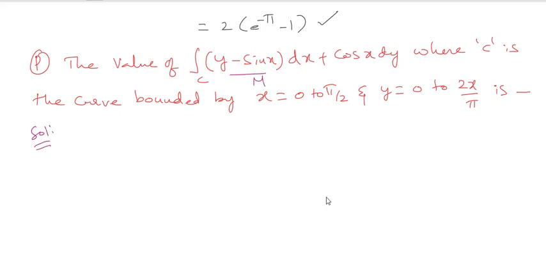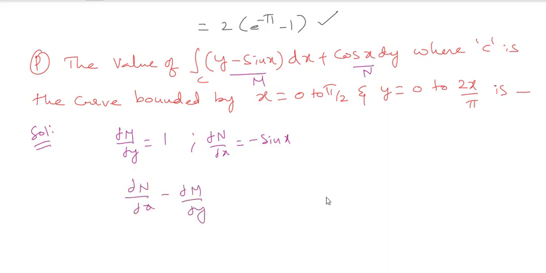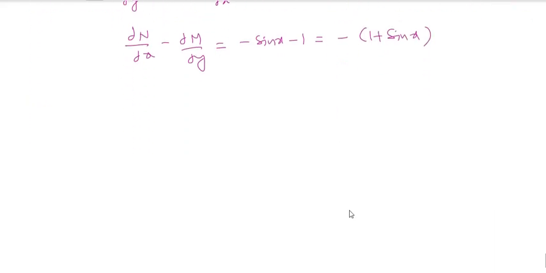This is your M, this is your N. So what is ∂M/∂y? ∂M/∂y is 1 and ∂N/∂x is minus sin x. From this, ∂N/∂x minus ∂M/∂y is equal to minus sin x minus 1. If I take minus as common, I will have here minus of 1 plus sin x. So by Green's theorem,